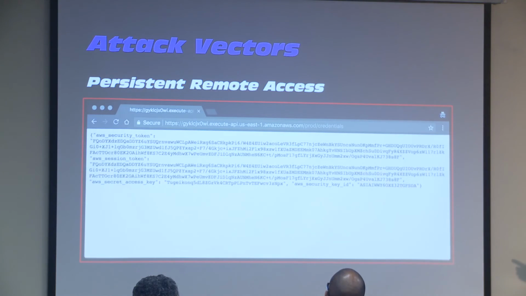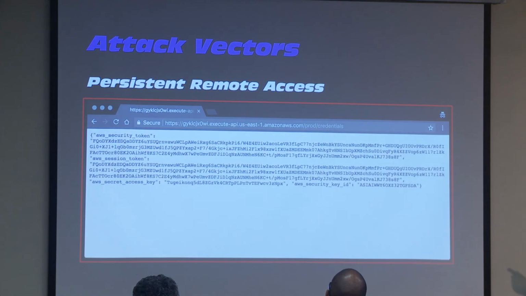But what we can do is then access those credentials of that Lambda function through a web interface. So if your security token expires, you're not getting access. Now we just go in, hit refresh on the browser, and we've got new access tokens, and we can continue doing our research.